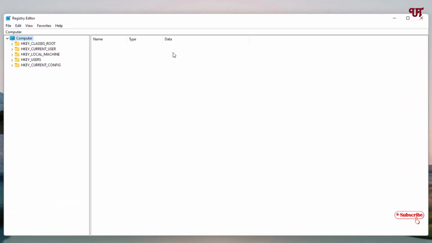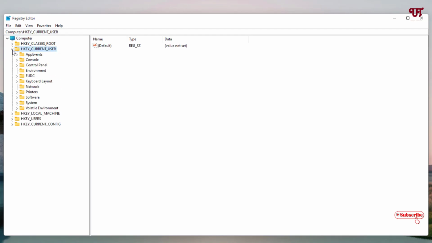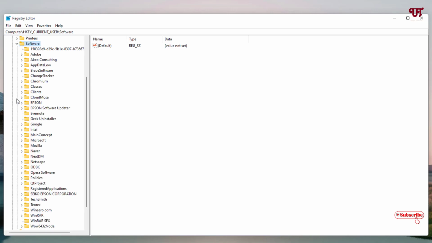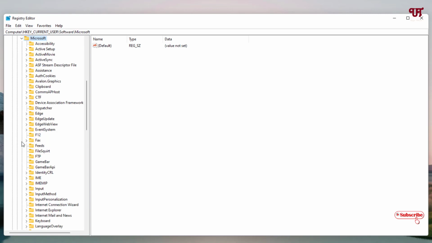Now in the Registry Editor you can see here the name HKEY_CURRENT_USER. Just select it, and after that click on this arrow, and then select Software as you can see here. Once again click on this arrow, and now you can see a Microsoft folder. Just select it and once again click on this arrow, and here just scroll down below